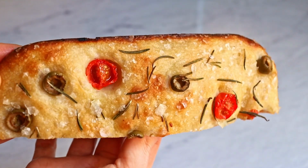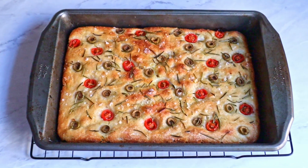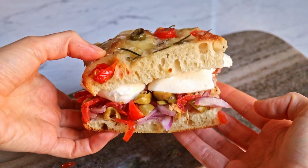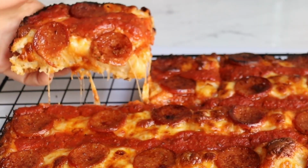This focaccia is the easiest bread, period. Even a beginner can pull this one off. Why? Because it requires zero skills and it's low effort. Right up there in the effort-reward graph. You can customize it, use it in sandwiches, and even turn it into a pizza if you want to piss